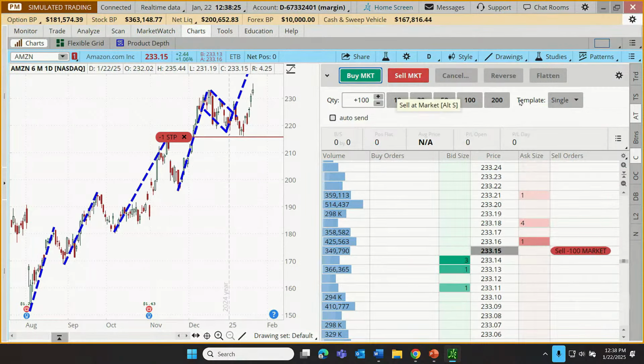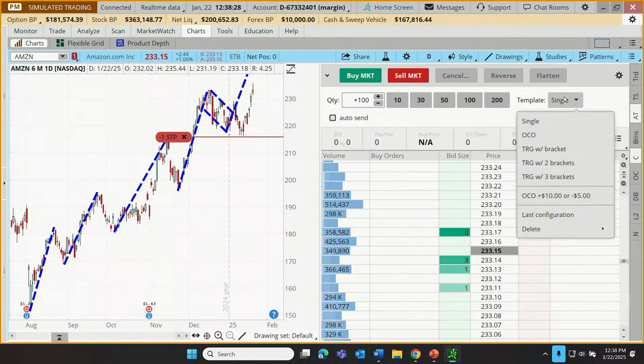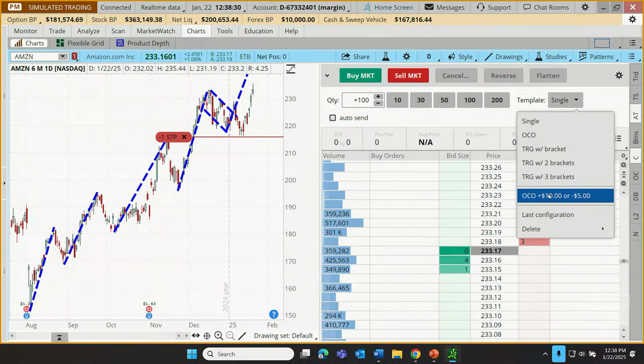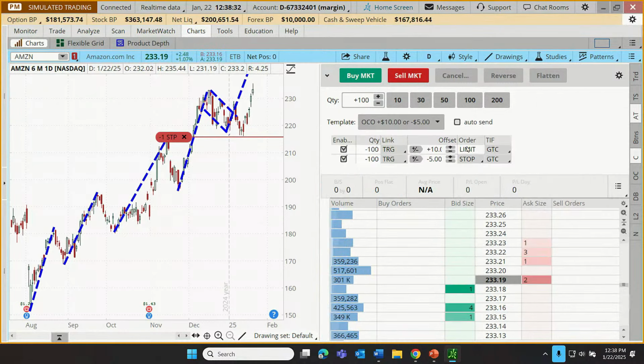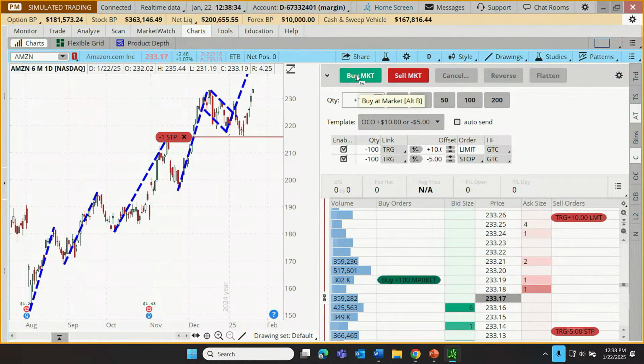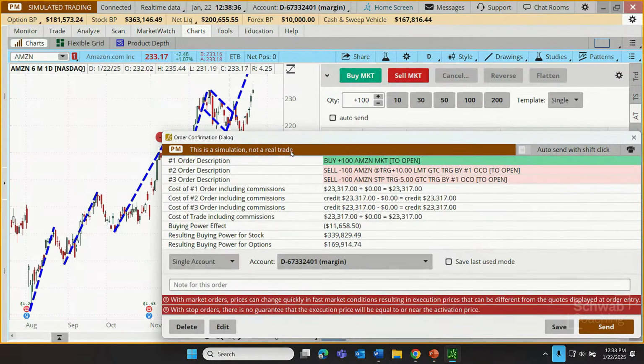Let's change our template to our plus 10 minus 5. Got a little bit ahead of myself. Click on buy market. This is in order to buy 100 shares of Amazon, and then to sell those if they happen to pop up $10, or sell those at a stop if they drop down $5. Now, as with other types of orders, we have to remember there can be commissions associated with these.